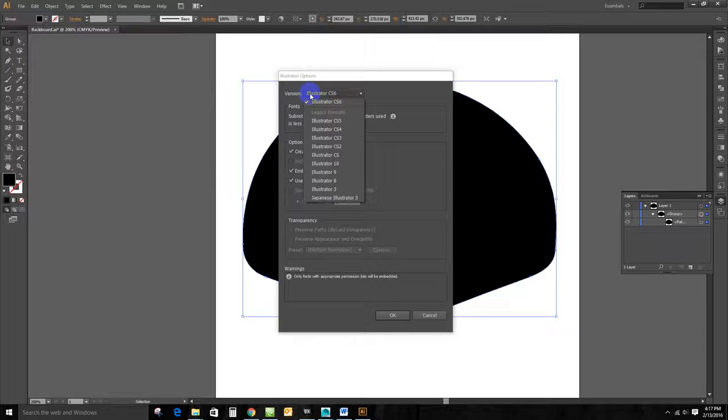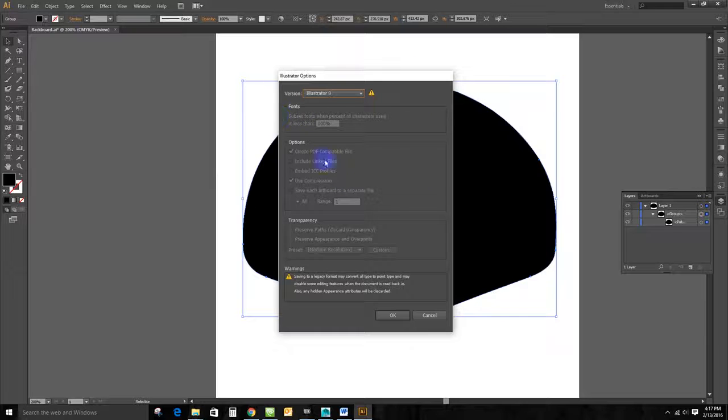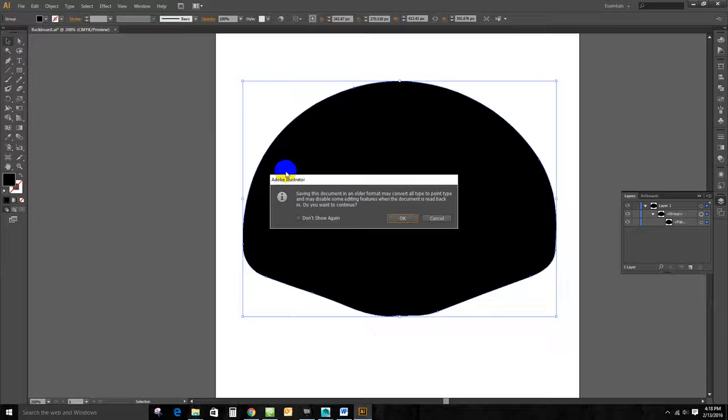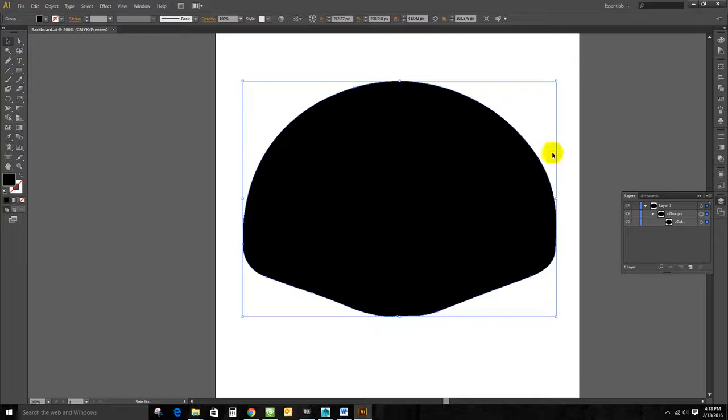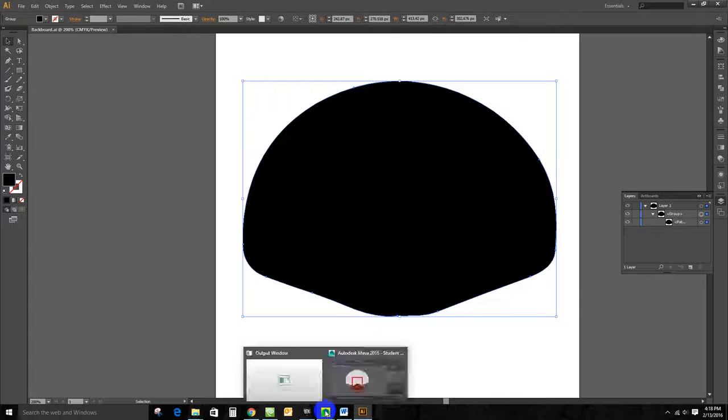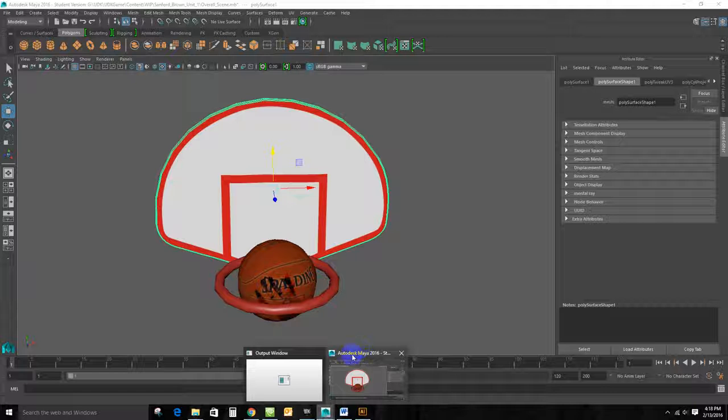I have found under here, under version, if you go all the way back to Illustrator 8, you're not going to get any problems when importing it into Maya. Just go ahead and click OK. And yeah, saving the document in an older format, just go ahead and say OK. We know that we're saving it in an older format. So now we're going to pop into Maya,